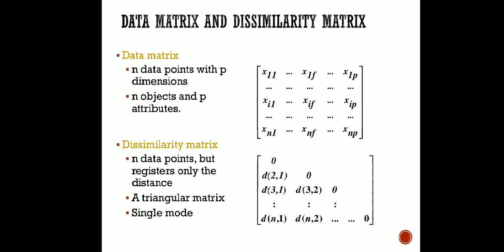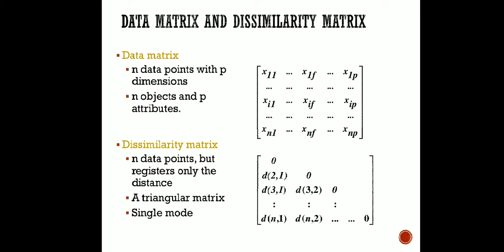Another thing you can see here is that it has only the lower triangle. Okay, you may represent it in the mirror image fashion as well. That means we can calculate d12 instead of d21. What will happen in that case? The first row second column will be d12 and the second row first column will be nothing, null. We store the upper triangular portion and keep the lower triangle blank, but we are not going to store both, because it will duplicate the values, nothing else. So this is the way in which we can find out the dissimilarity matrix.